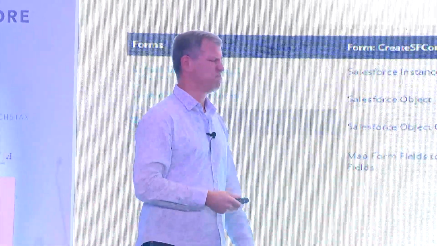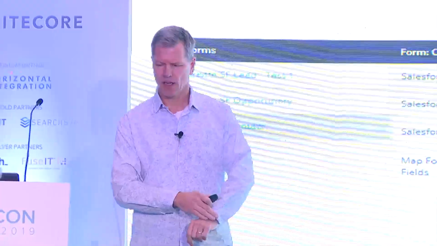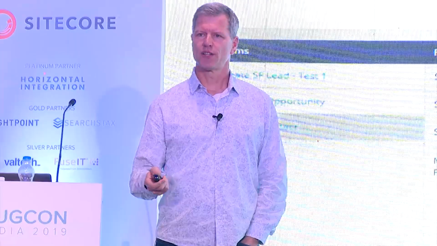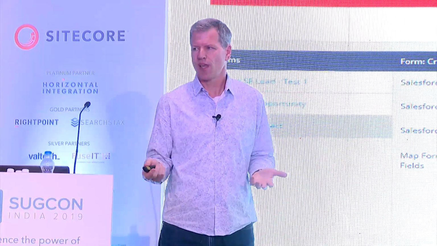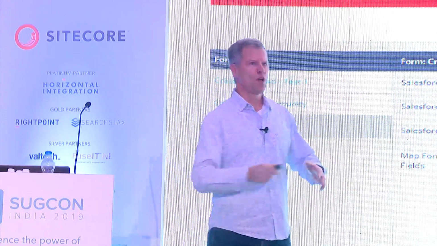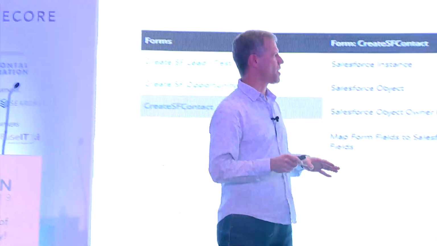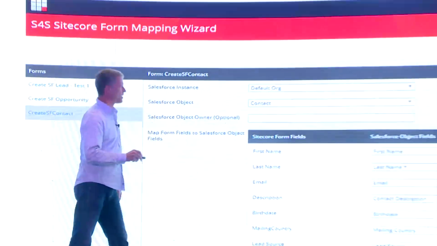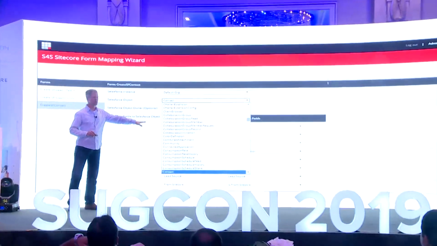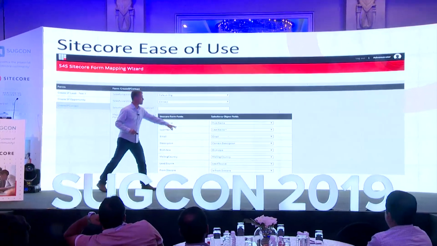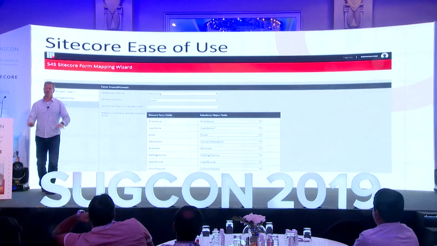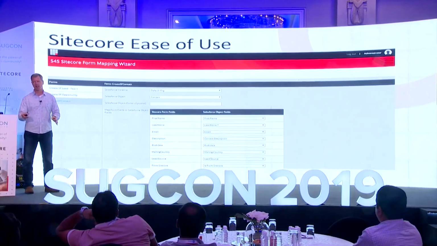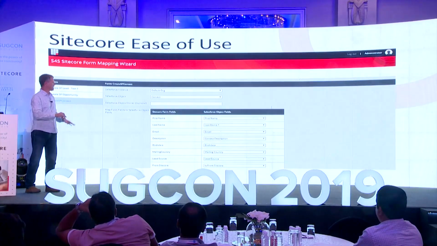And so, I don't know, we were talking to somebody in Switzerland, they sell jewelry and watches. And so they have custom objects that have to do with that, of course, right? No other org in the world will have those exact custom objects. So we query that, and then we allow you to pick which object you want to talk to, and then map all the fields out of that object to the fields that are on your form. So you don't have to build anything, you don't have to write anything. You make these mappings, and